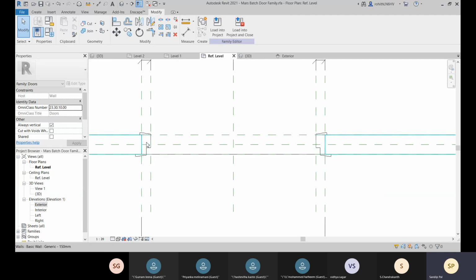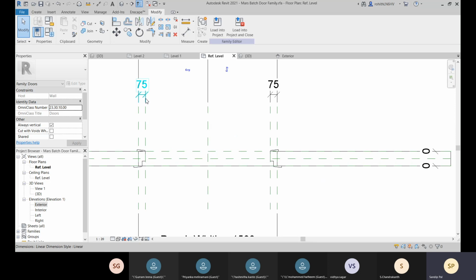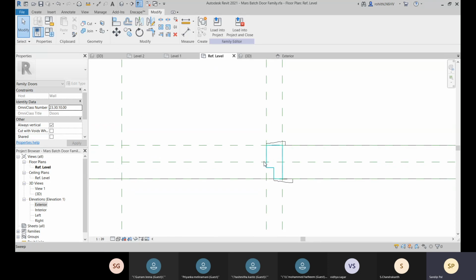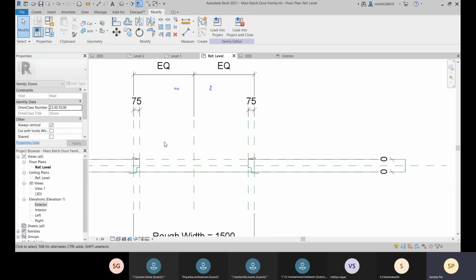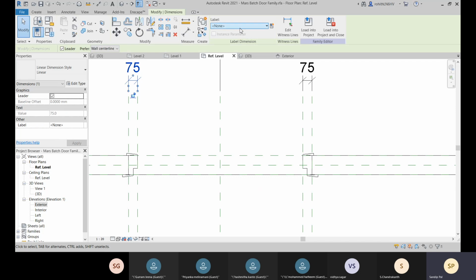Now suppose for this one, if I need this to be changed, for that I can go for this door jamb, and I can assign this like door jamb. For that, what I have to do is you have assigned this dimension over there, and you select this dimension, and within this label you have to create a parameter, because within this list there is nothing like door jamb thickness.